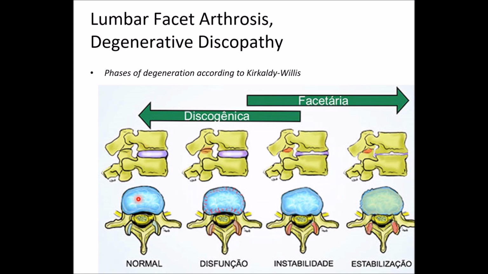One phase is considered normal, when you have a healthy facet and a healthy disc, and the second is the dysfunction phase. And all these phases can be very well correlated with the subluxation models, because in the phase of dysfunction we have, obviously, a lessening of motion, hypermobility, and this will bring in the dysfunction phase damage to the tissue in the facet or in the disc. And this damage in the tissue will bring inflammation, that is biochemistry, and this inflammation will bring the release of certain substances that will bring edema and instability,